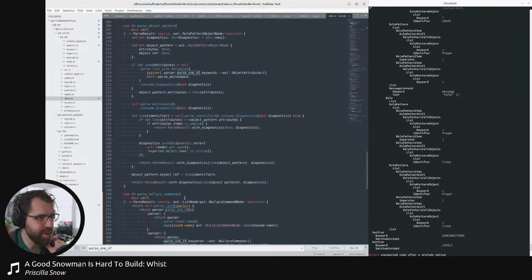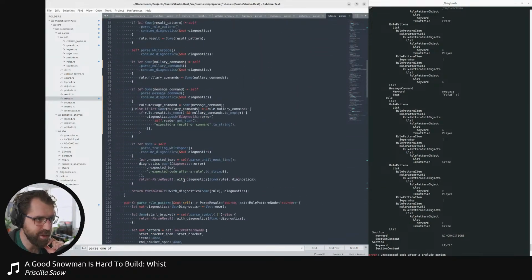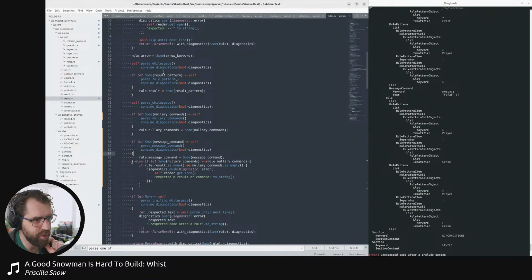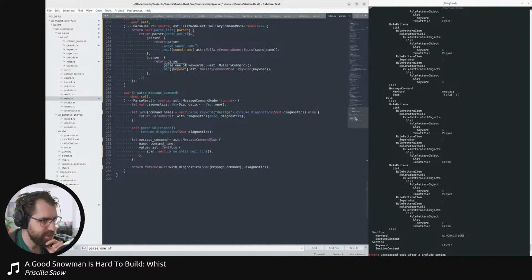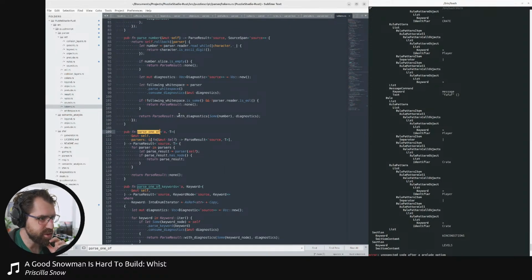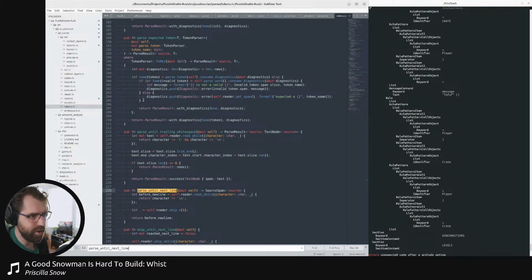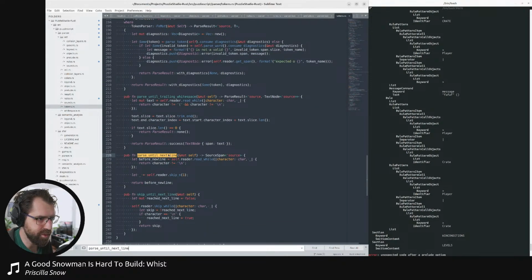Yeah, the issue is that I'm doing that, but I'm mixing that in with a bunch of cases where if I don't have a message at the end of my commands, those don't actually get to the next line, and then we have to check if there's stuff before the next line, and if there is, then we need to report it as an error. Yeah, it feels to me like it's a mistake for that function to do what it's doing. Do I have a similar function? Pass until next line. I have pass until trailing white space, which is not what I want. I basically want that, but without the skip. I mean, I could just do that directly, but